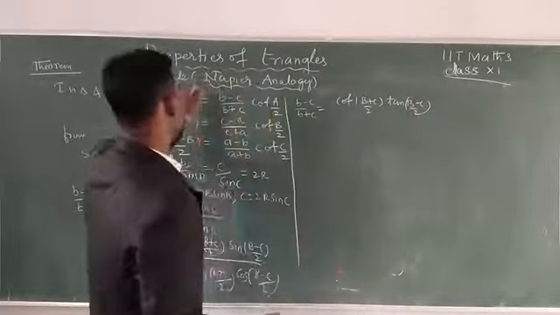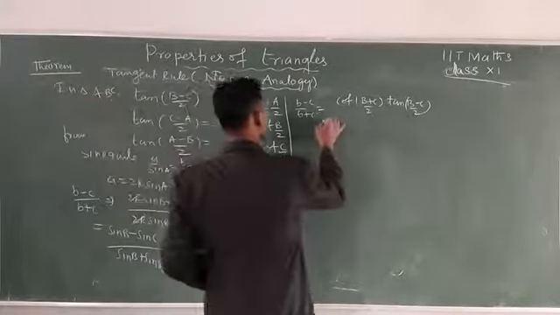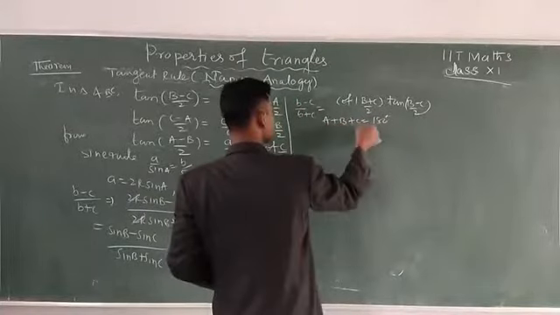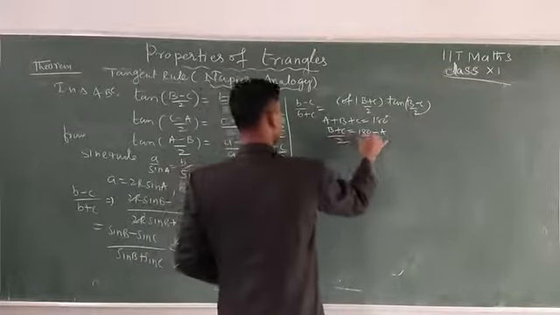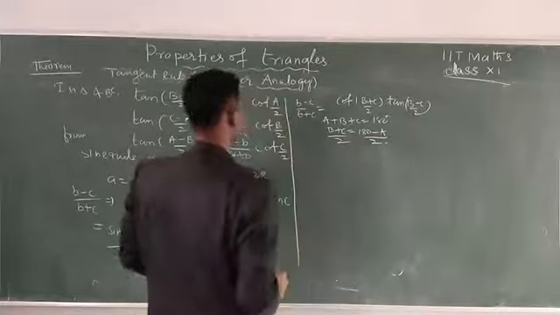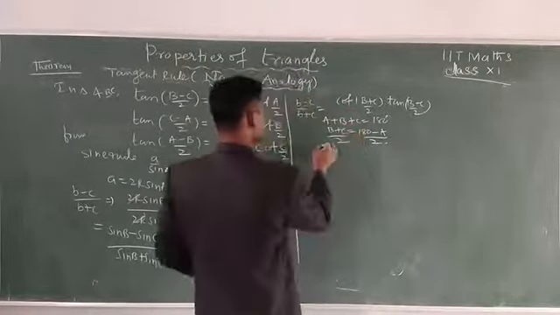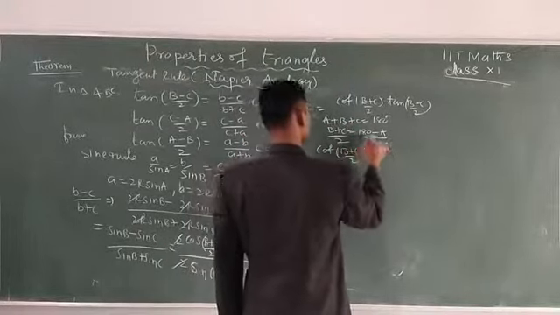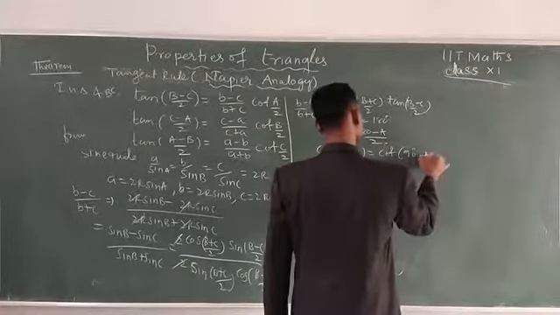Okay. Now see here, the sum of the three angles in a triangle is equal to how many degrees? A plus B plus C is equal to 180 degrees. Now this A on that side, B plus C is equal to 180 minus A. Now by 2, then you can apply here. Here B plus C cot is already given. Then you can apply cot (B plus C)/2 is equal to cot of 180 by 2, that means 90 minus A by 2.